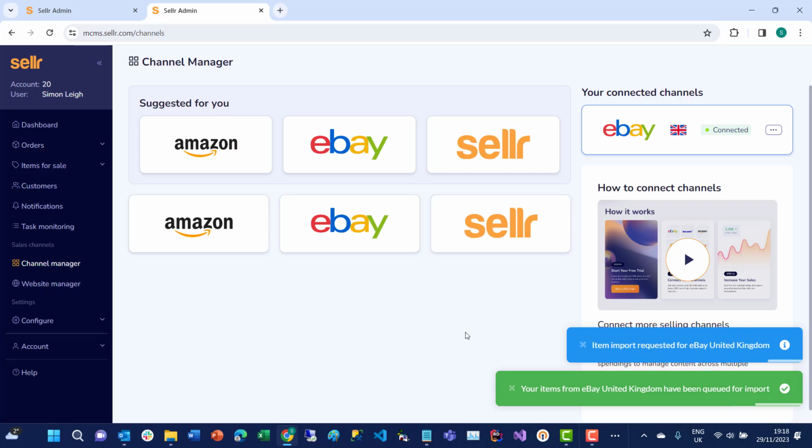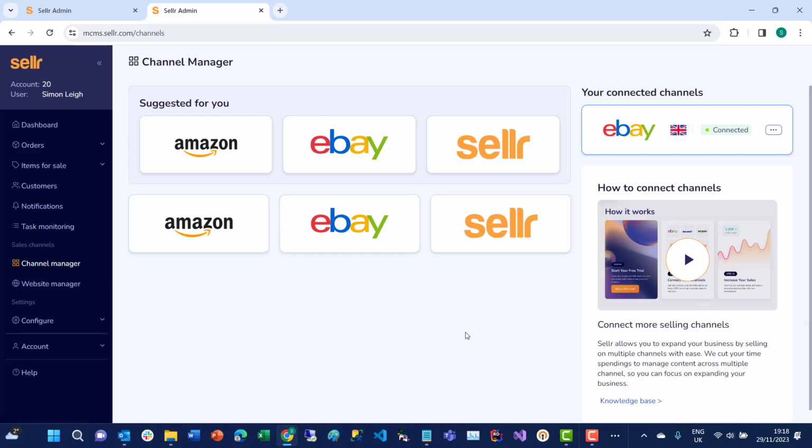So that goes into a queue where it's going to import those and they'll start appearing in a minute. If we just take a look at the menu down the left-hand side, you'll see the various things that this system can do. At the moment, we've got the dashboard, which shows you an overview of the sales that you've been making and other prompts to do things. Orders, so that is the sales that you've been making, so you can view and dispatch individual sales. Items for sale, so this is all the items that you've got for sale at the moment. Customers, that's your contact list. Notifications, that's notifications of anything interesting that the system has got to tell you,